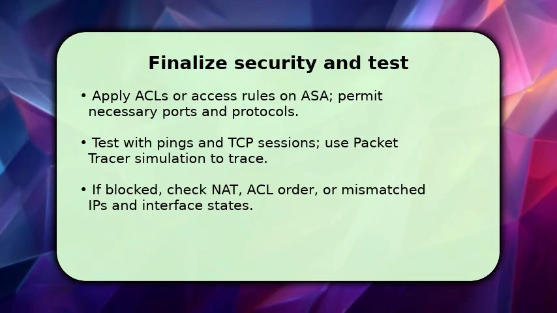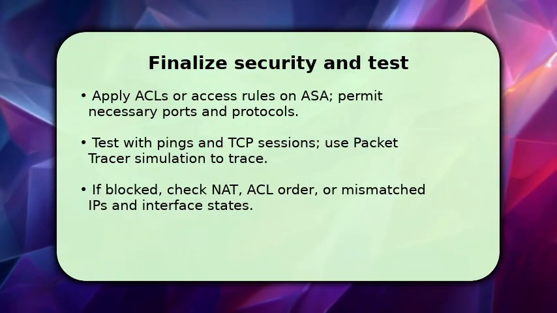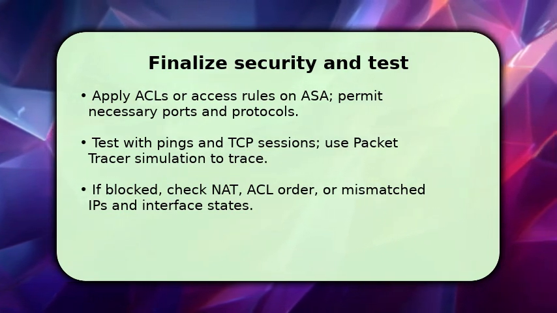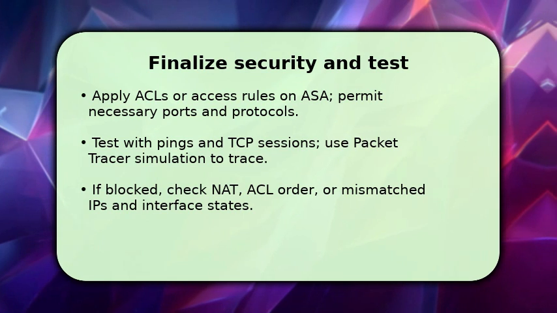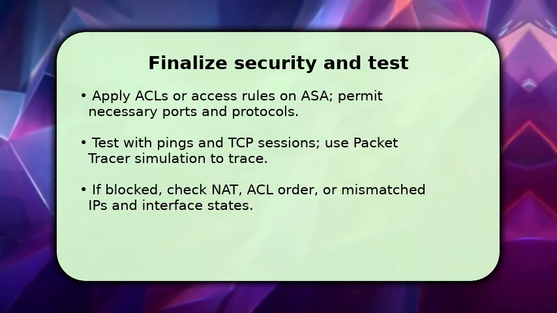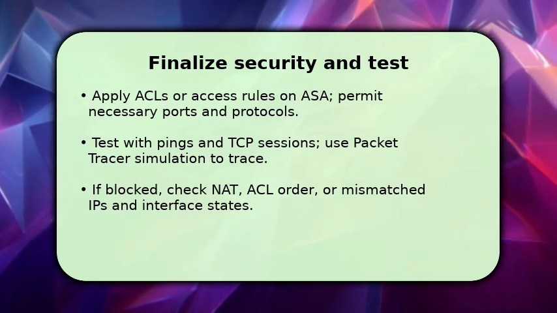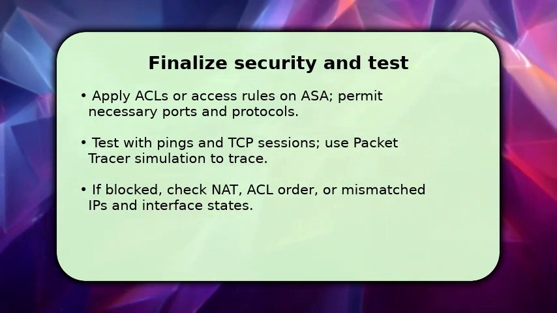Finish by configuring ASA security policies, set necessary access lists, enable NAT as required, and place rules in the correct order so legitimate traffic is allowed. Then test connectivity with ping, and by establishing a TCP session, use Packet Tracer simulation mode to watch packet flow